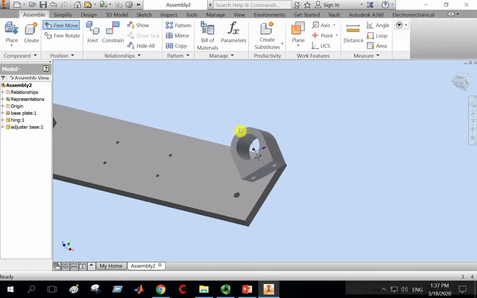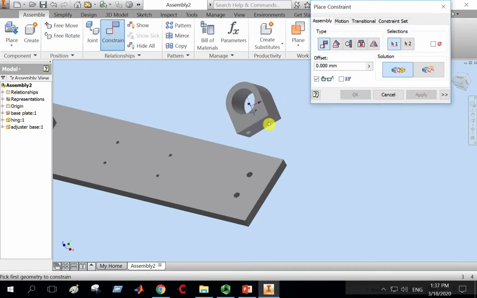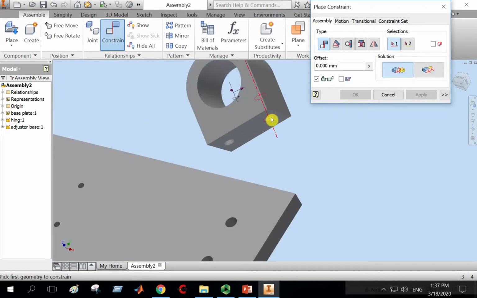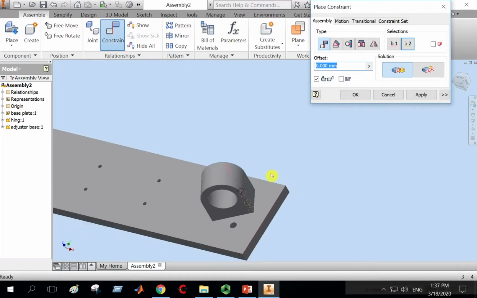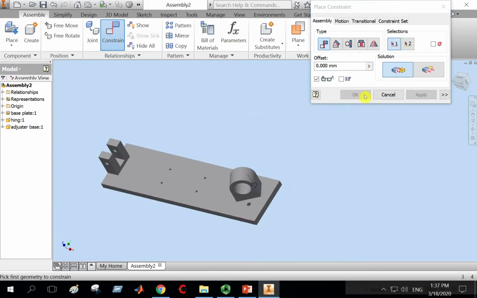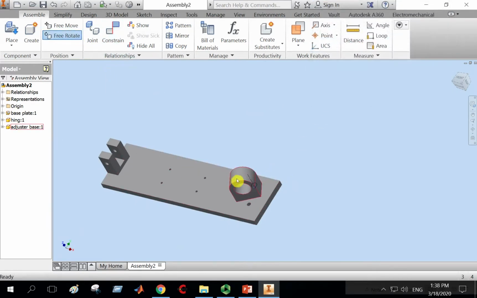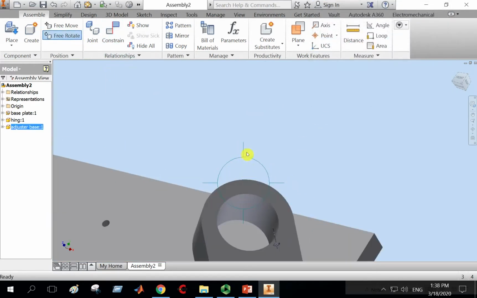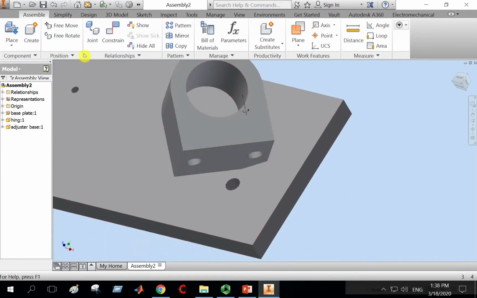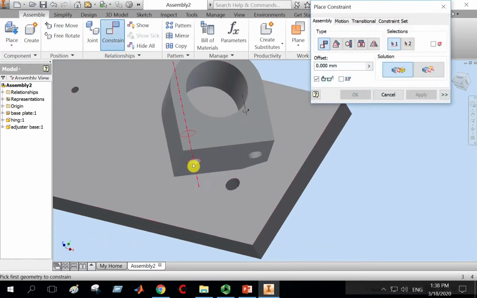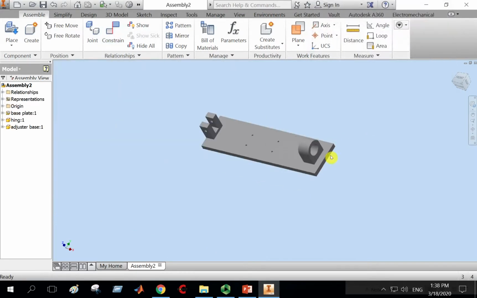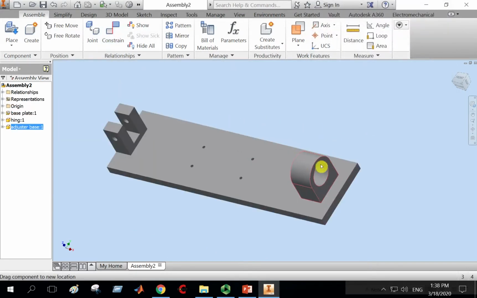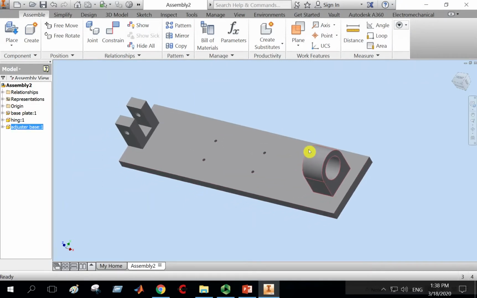free move if you like, like this, and then constrain axis. As an example, this axis, I want this axis to mate with this axis, apply, and at the same time again free rotate this part like this, and finally constrain this axis to mate with this axis, like this, cancel. Now I'm trying to move it in X direction, Y direction, Z direction, not moving, not rotating, fully constrained, 0